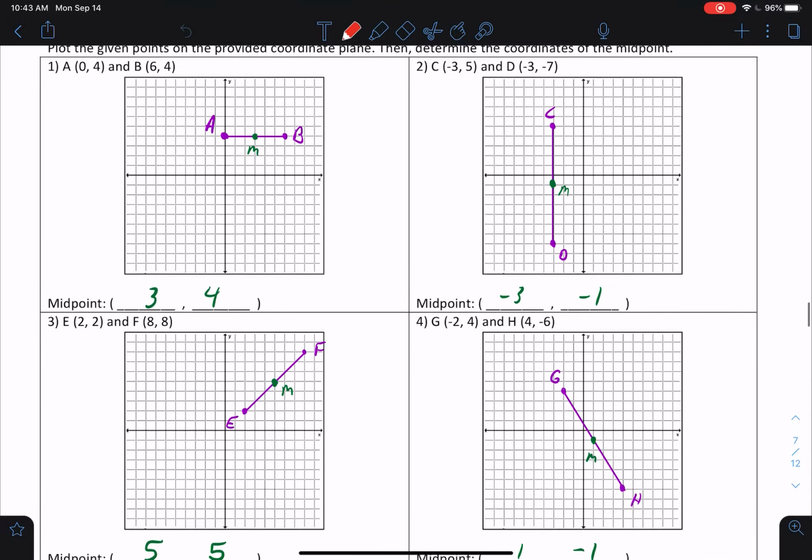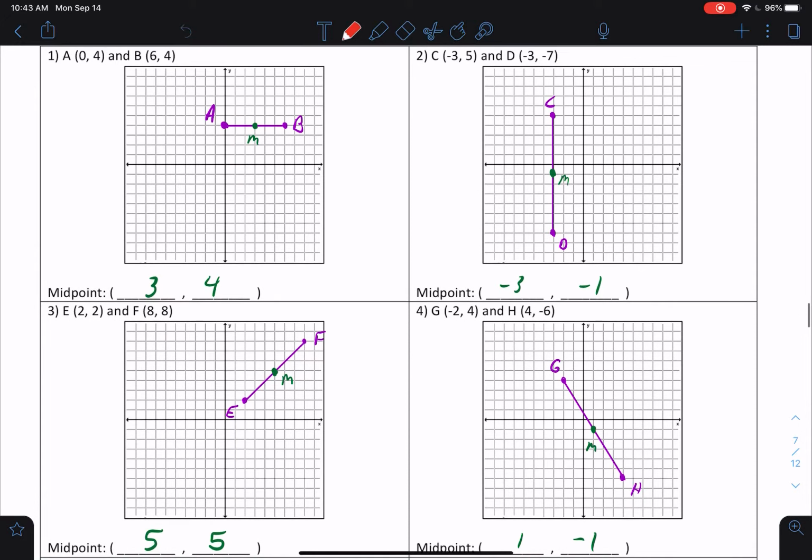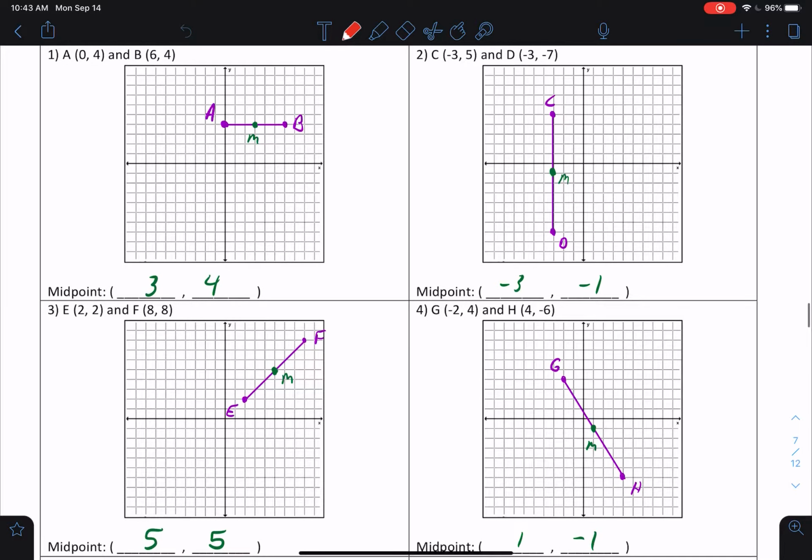So look at 1, 2, 3, and 4. Pause the video, look at that work, and try to figure out what is the pattern going on here. How do I start with endpoints and I get to a midpoint? All right, now, after thinking about that, hopefully you'll see that where I start and where I end, think about